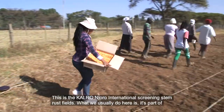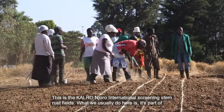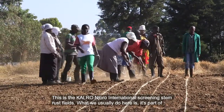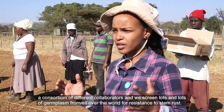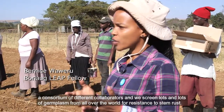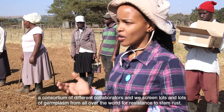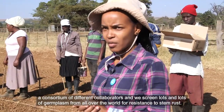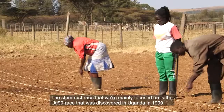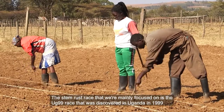This is the KALRO International Screening Stem Rust Fields. So what we usually do here, it's part of a consortium of different collaborators. And what we do, we screen lots and lots of germplasm from all over the world for resistance to stem rust. So the stem rust race that we're mainly focused on is the UG99 race that was discovered in Uganda